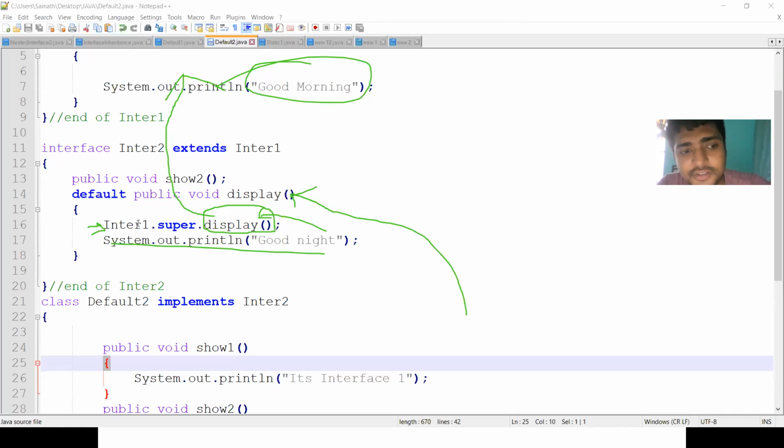So this is the syntax for displaying the super class method, that means the super interface method. This is the simple program implementing the interfaces. Any doubts on implementing the interfaces with the default method?